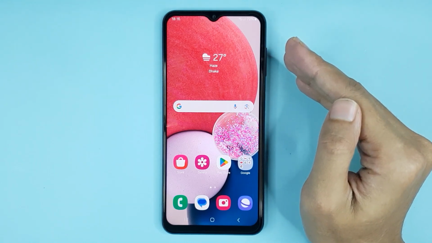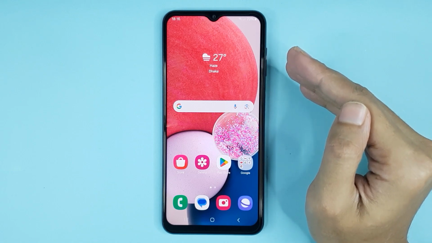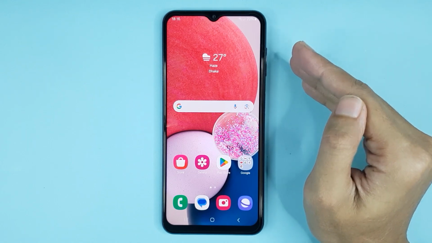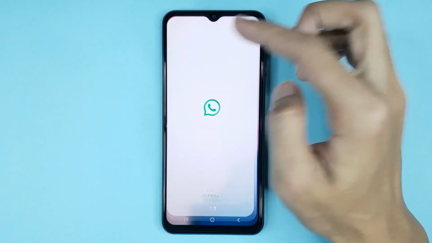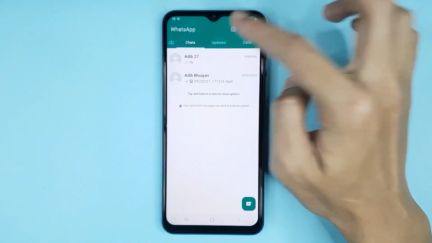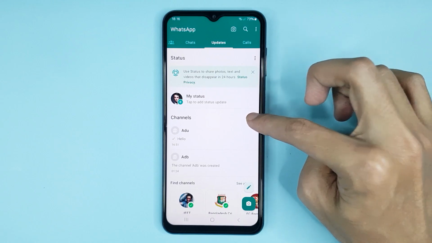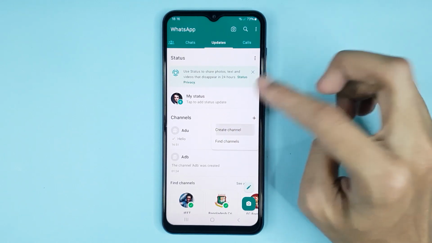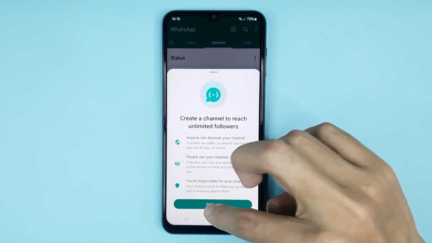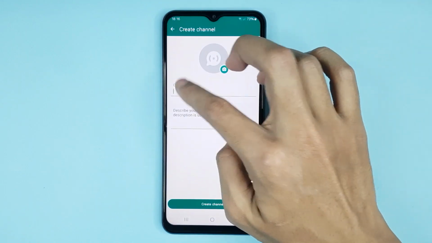In today's video I am going to show you how to create a channel on WhatsApp. Now the first thing you have to do is open WhatsApp, then tap on updates. Here you can see channels option, then tap on this plus icon, then tap on create channel, then tap on continue. Now from here enter the channel name,